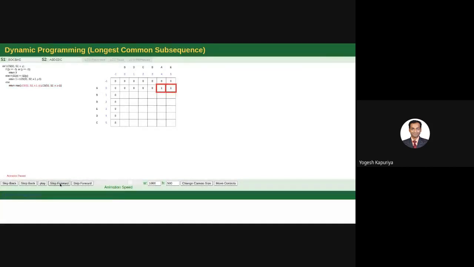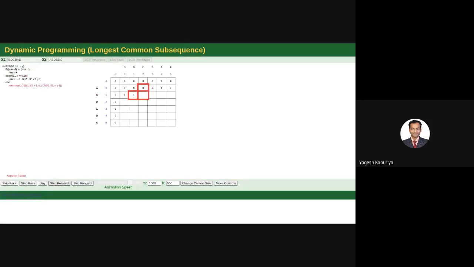Maximum 1. Okay, next row, B and B match. So see the diagonal, so 0 + 1. B and B, no match, so see the left or top. Left is 1, top is 0. So obviously 1 is the maximum, so you write 1. Then B and C, no match, right?